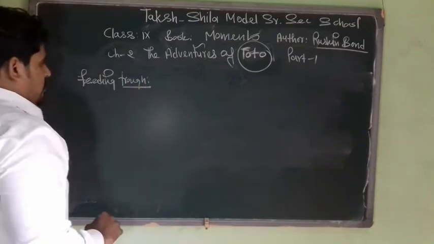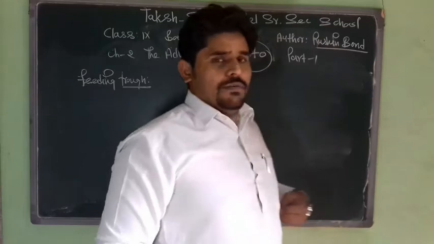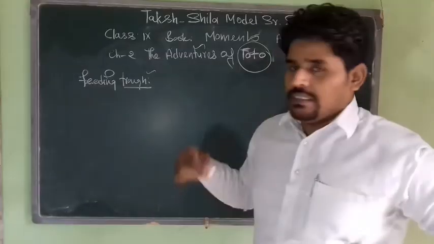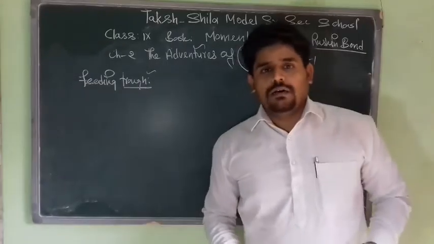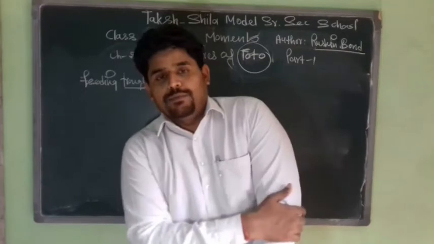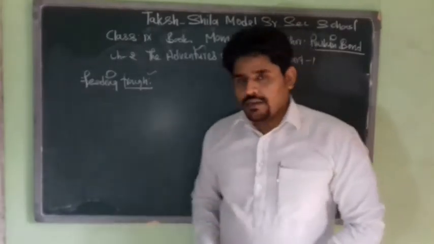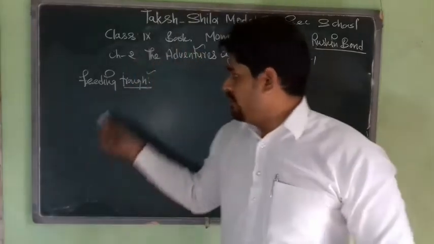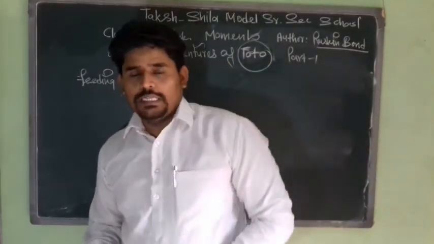Trough is actually a big utensil, a big container for water or food, especially for animals, right? So the Tonga driver used to keep Toto tied to a feeding trough. When grandfather saw Tricky,